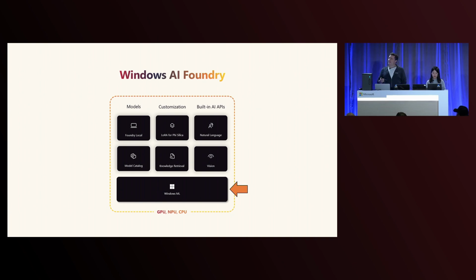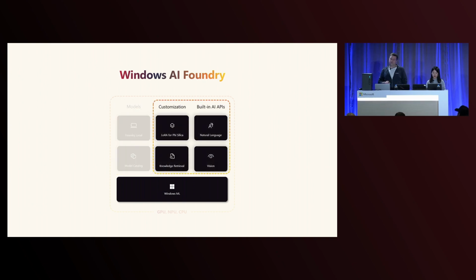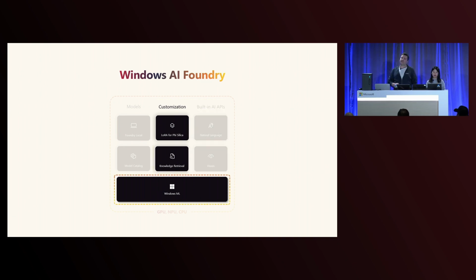And what this means is that if you are, for example, using Foundry Local to tap into the ready-to-use Foundry catalog models, or if you're using the built-into-Windows Windows AI APIs to do things like LoRA for Phi Silica or text intelligence or all of those types of things, you'll be using Windows ML potentially without even knowing it under the covers. But if you want to bring your own model, or if you want to take a really high degree of fine-grained control over how AI inference works on the device, then you can use Windows ML directly via its public APIs.